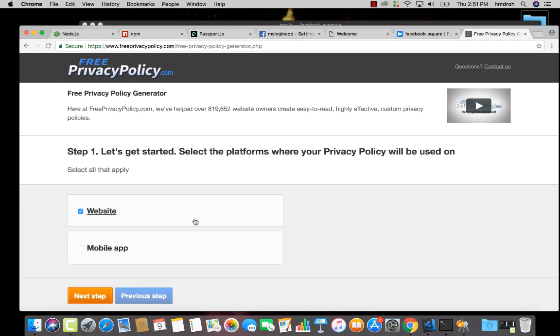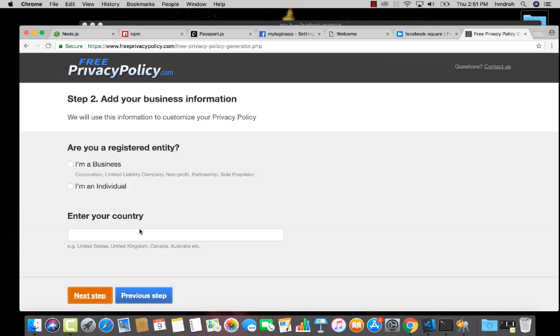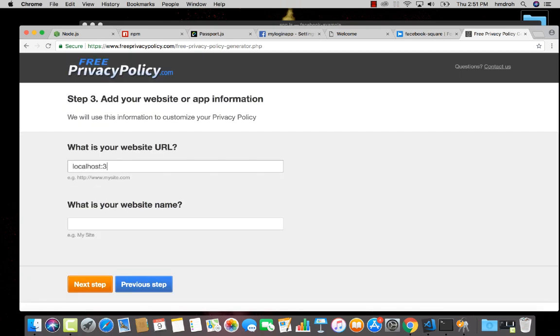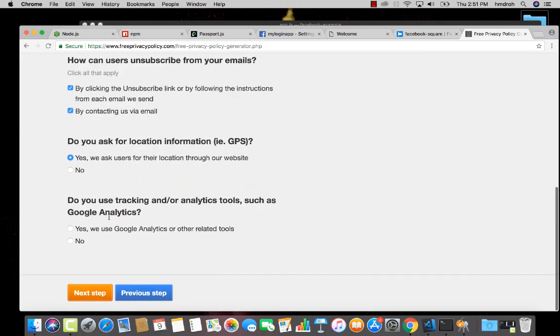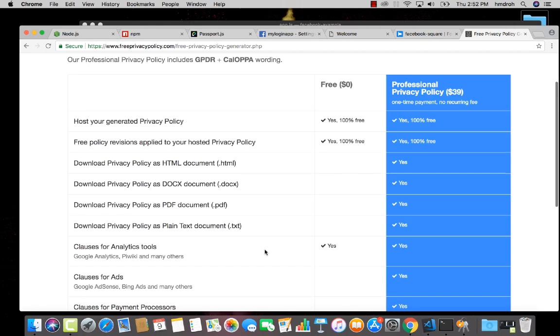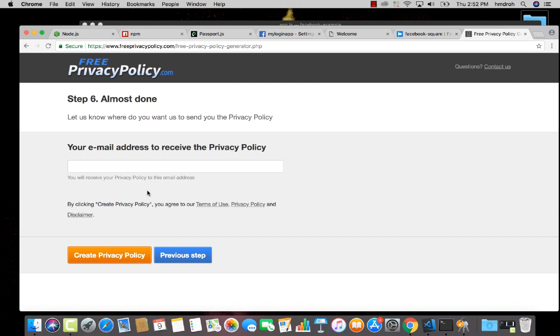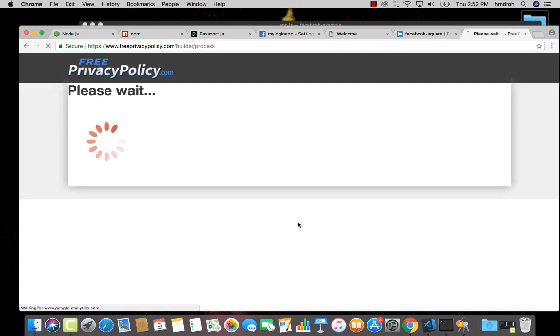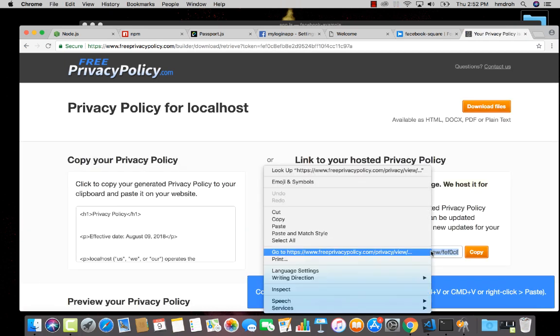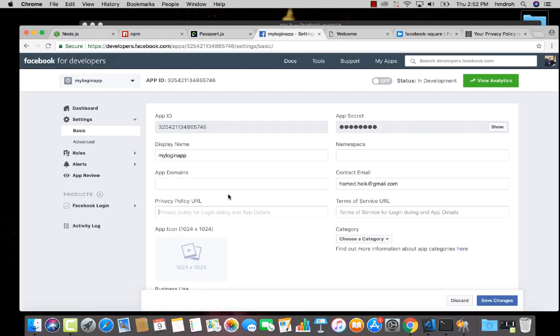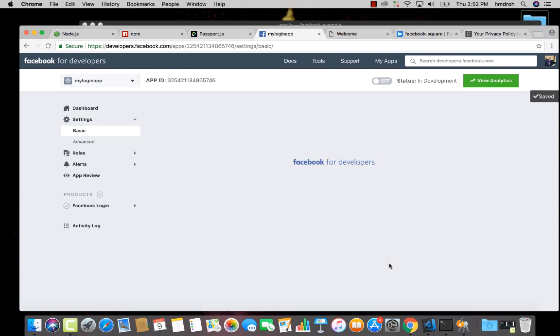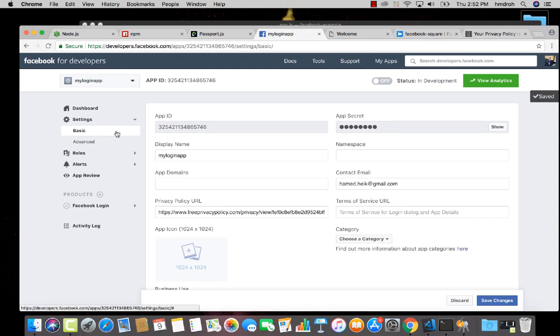I'm gonna create a web application next. Whatever. Now I want to create a free policy. Click next. Right click and copy and paste it here and save it. We're good to go. On our basic setting, we need later our app ID and app secret that we will